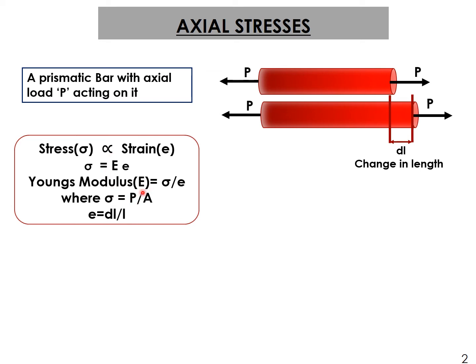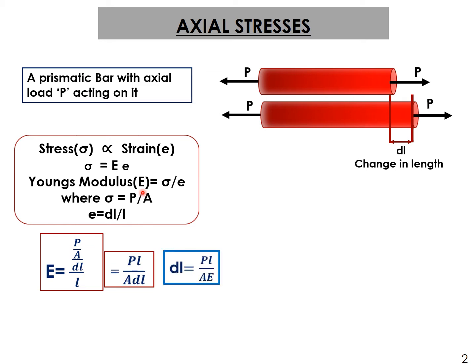So this modulus of elasticity or Young's modulus is the ratio of stress to strain. As we are discussing axial loading, the mathematical formula for the stress is load per unit area, and for the strain, it is the change in the dimension divided by the initial or original dimension. So this is the formula. Using Hooke's law, we can derive the formula for this change in length. It's quite simple. Just substituting the values of stress and strain in Hooke's law, we get this ratio, and finally this is the formula.